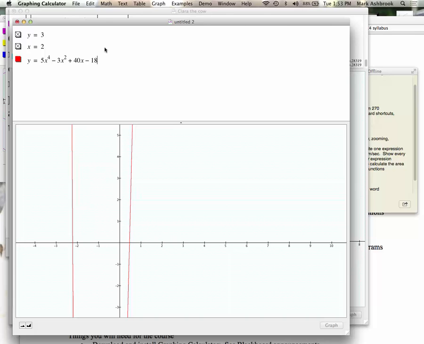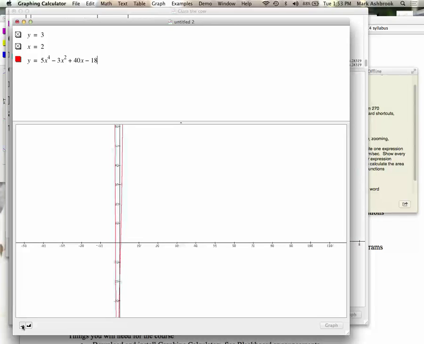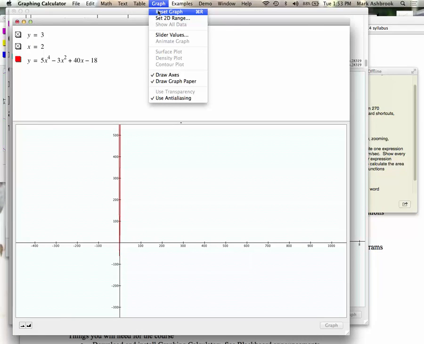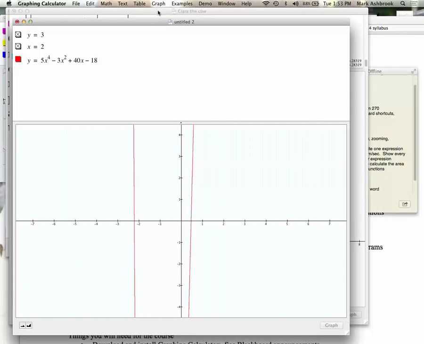Zoom out. So you can zoom in and out down here. Zoom out is the small mountain. So what about this? Is this helping? I zoomed out to hundreds. So what did I really want to do? You can reset the graph if you go to graph and do the very first thing, or command R, reset graph, gives you back those original zoom windows. So what did I want to zoom out on?